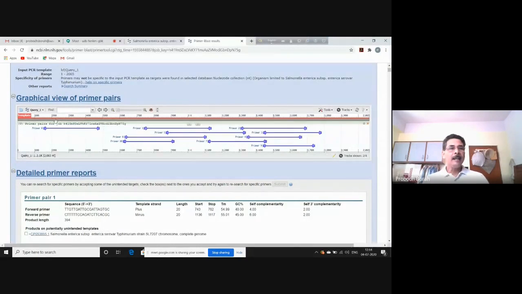You see the red line represents the template, and these blue lines represent the position of the primers. These are the primers. Okay. So they are named as primer 1, primer 2, like that. So they are the preferential primers as per the ideal properties of the primers. The system has listed them preferentially. Okay. Primer 1 pair, this is the most preferable primer based on the properties. If you place your cursor over it, then you will get the sequence and the properties of the primers.